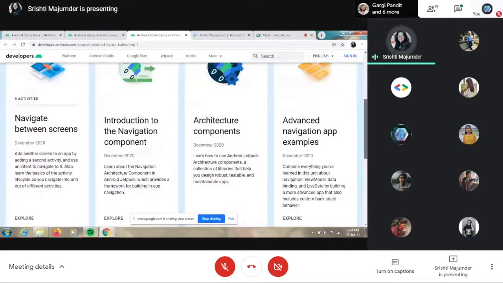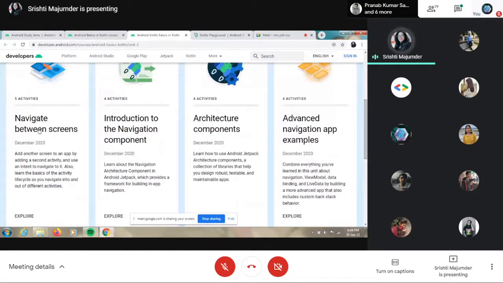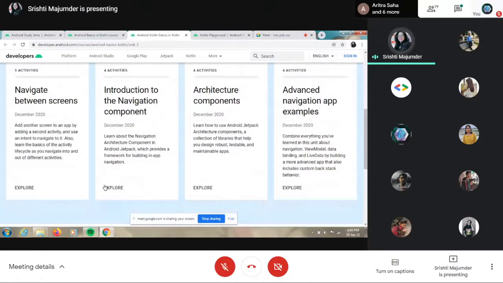So, introduction to the navigation component. You have already learned all the basic parts of how to navigate. But to make it easier and faster, Android Studio has certain features. That's why these are really small, with hardly one or two code bars.